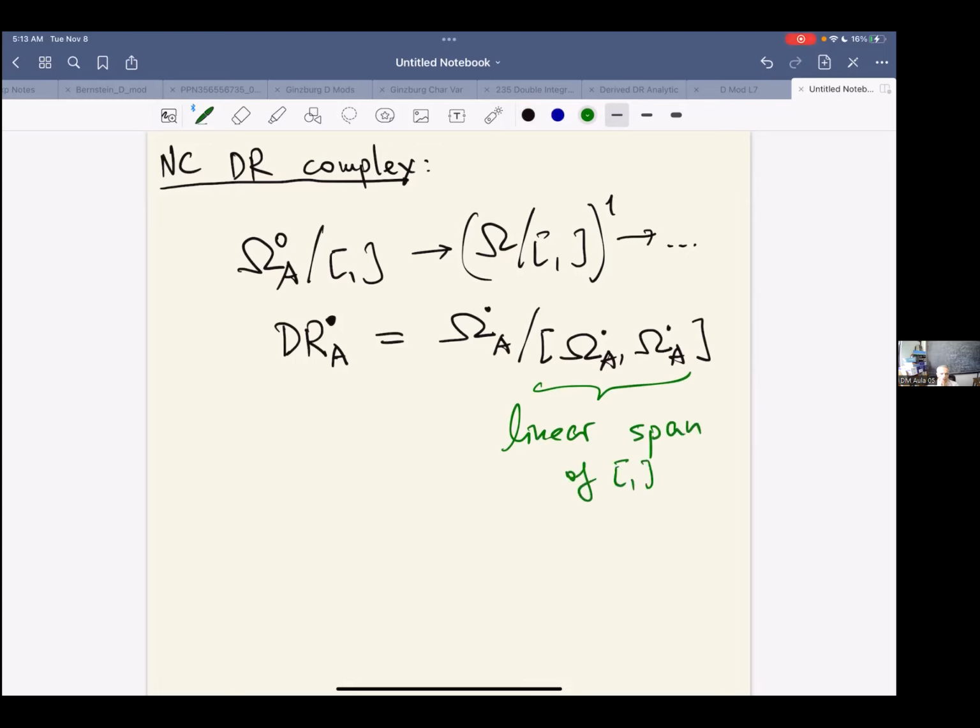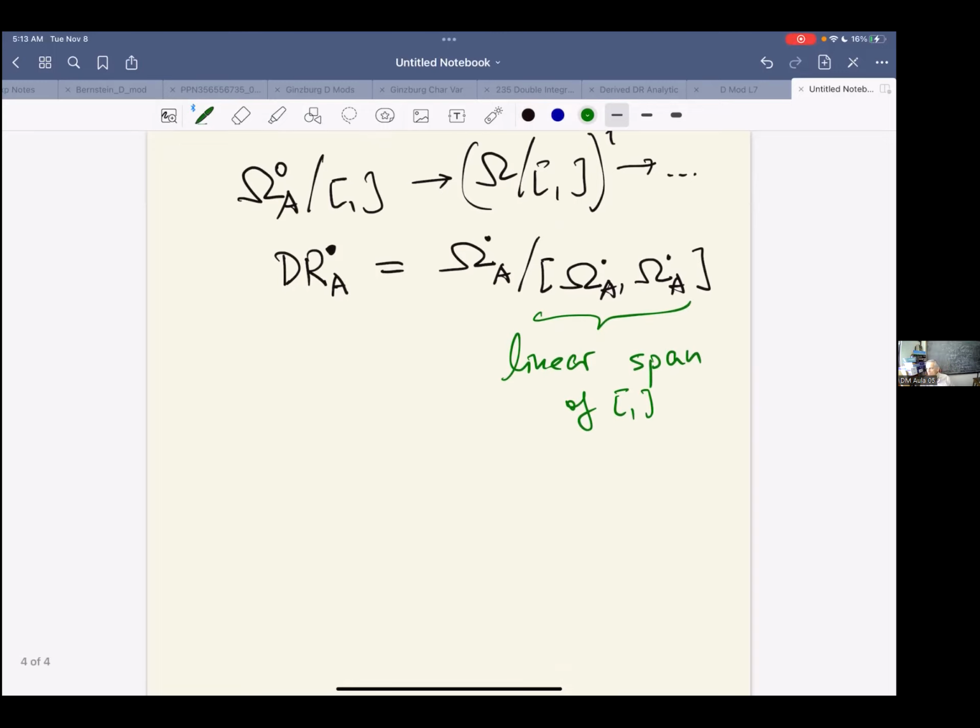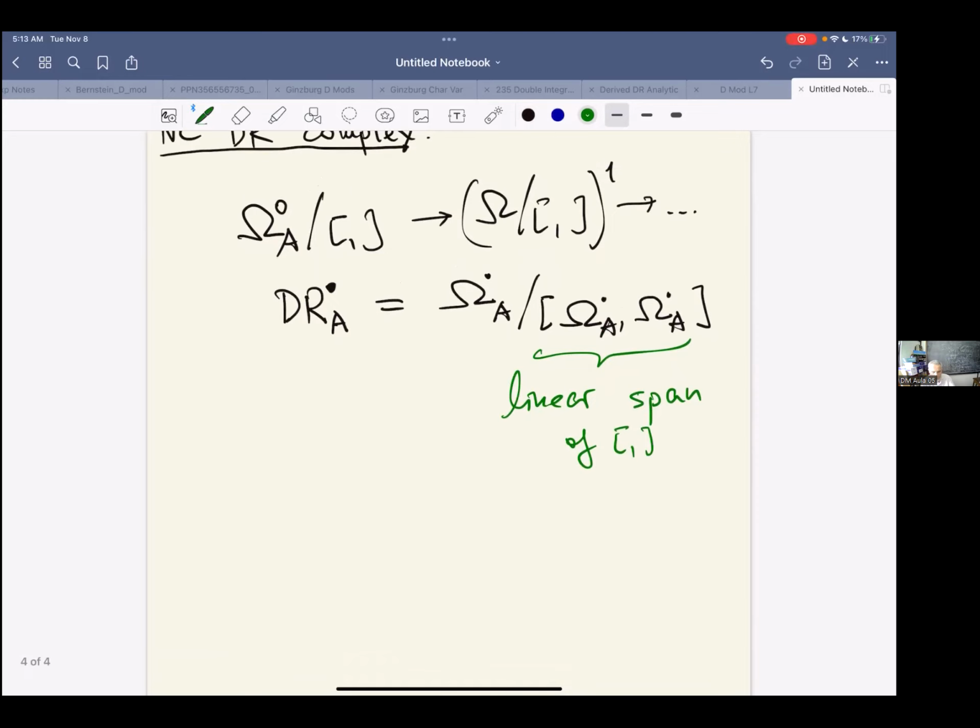Commutators, which makes a lot of sense in differential geometry. Usually, those are matrix valued forms, first example of non-commutative forms. And when you do trace, you get this. And Karoubi